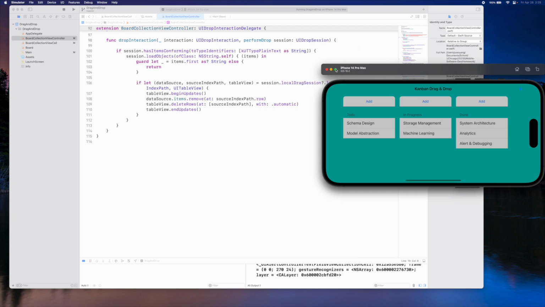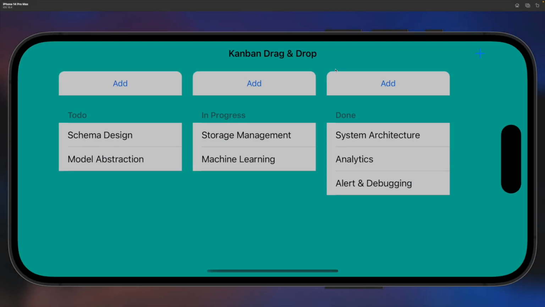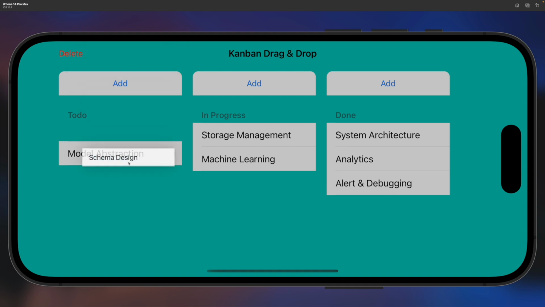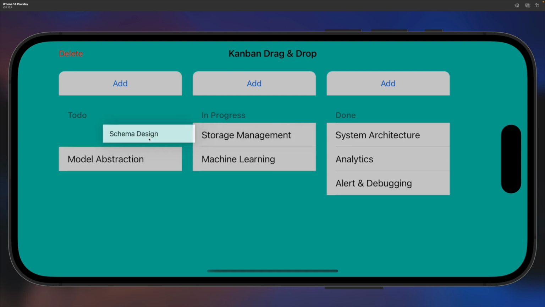In the end, let's get back to the question we had at the beginning. Does the drag and drop API really have to do separate implementations for the source and destination? My answer is no, not necessarily. When dragging the item from the list to a deletion button, we do need to write delegation code for the source and destination separately. But when we're moving the item inside one list or between two lists, source and destination have a kind of blurred boundary since they are in the same type of view. In this case, there's no need for distinction or separation in the actual implementation.